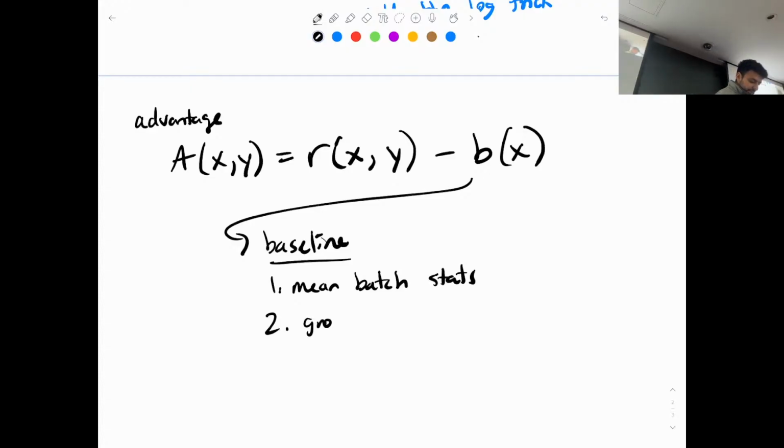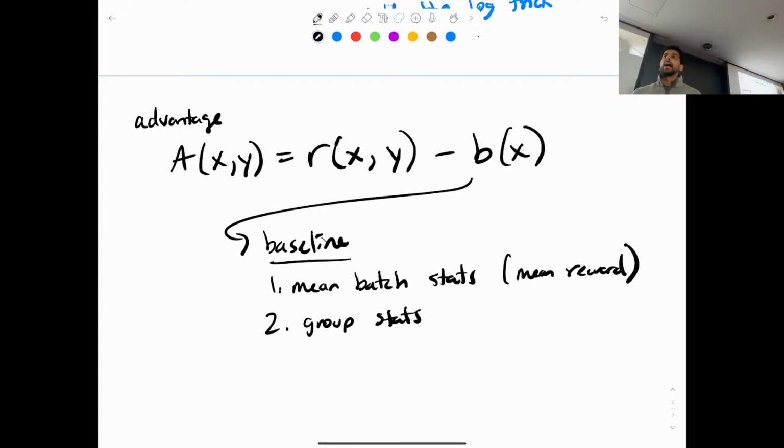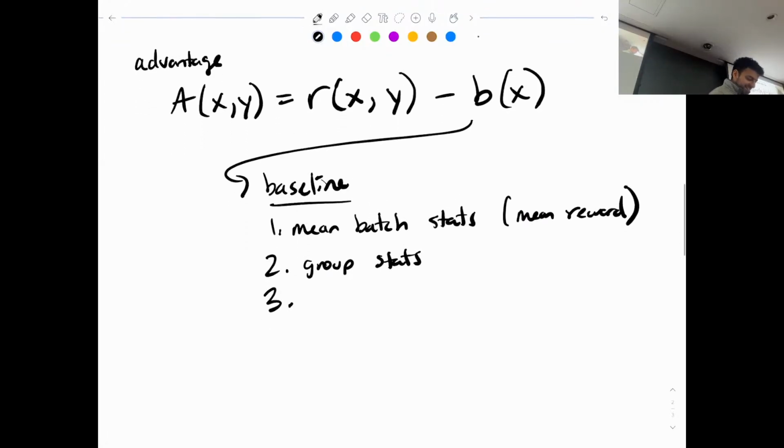The other thing we briefly talked about, and we'll talk more about today, is group stats. So here the stats all refer to mean reward. So in group stats, I can take one prompt and generate multiple y's for that, compute the reward for each y, average it, and use that as my baseline. So we'll come back to this. This is actually one of the dominant approaches today, but wasn't last year. So it's challenging to teach this part of the class every year.